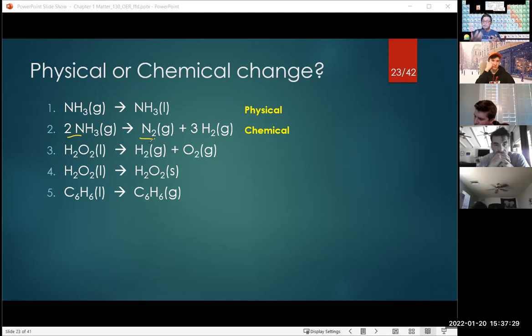Now they may change differently. They might be a little bit different with respect to where they are chemically, but it's still hydrogen. Okay, hydrogen in the form of ammonia, or hydrogen in the form of gas, or hydrogen in the form of anything. It's still hydrogen. Okay. All right, let's take a look at the third one.